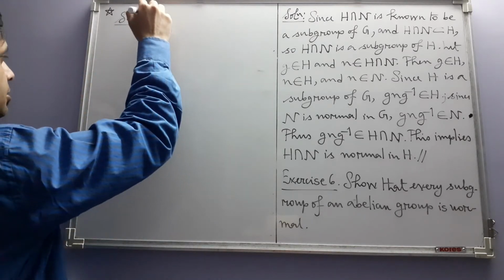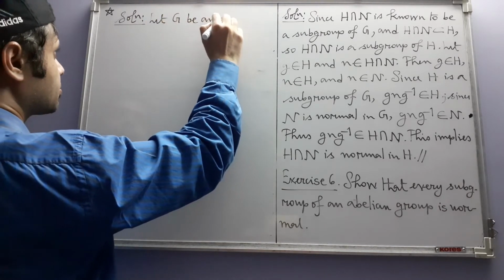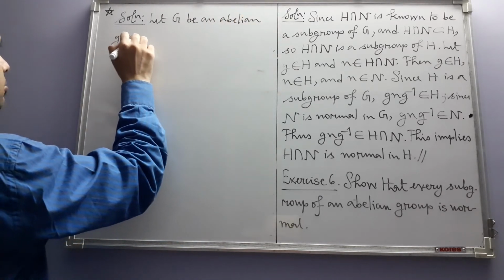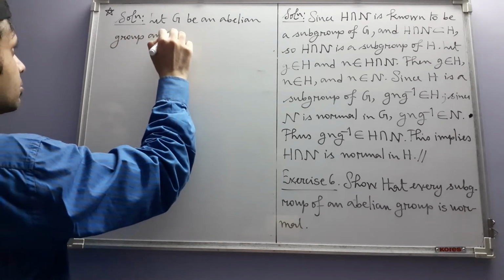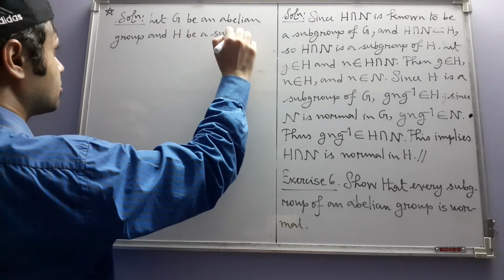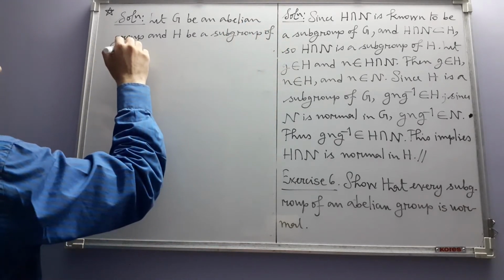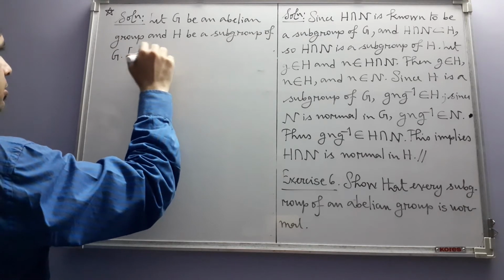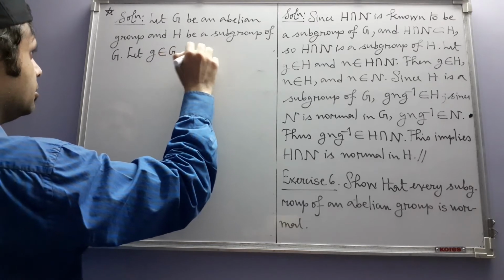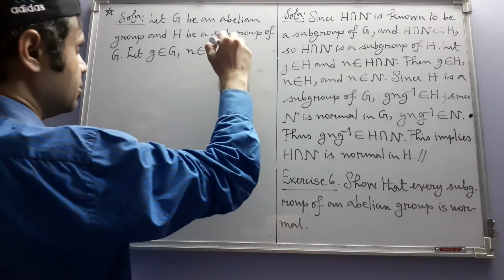So let us consider an abelian group. Let G be an abelian group and H be a subgroup of G. Let g be any element in G and n be any element in H. Then